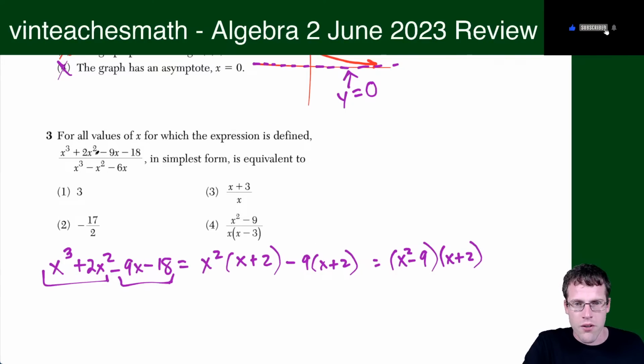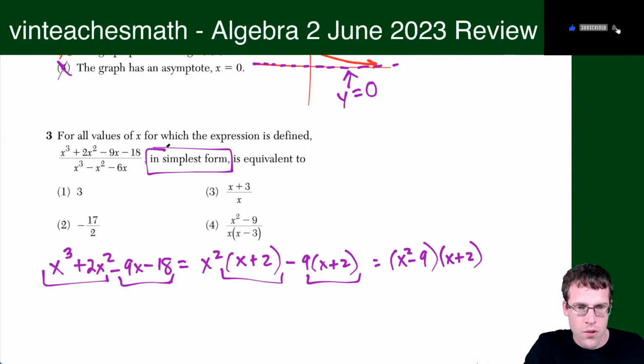All right, so this one here I'm factoring by grouping. I take out the greatest common factor of the first 2 terms, which is x squared. Then I take out a -9. And then notice that there's a common x plus 2. So we have this. And now if I factor out x plus 2, I'm left with x squared minus 9. And in simplest form, this is very dangerous here because this answer choice looks like an almost